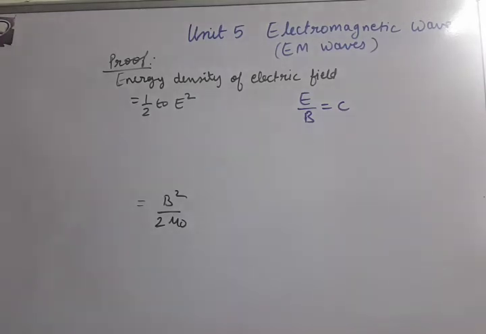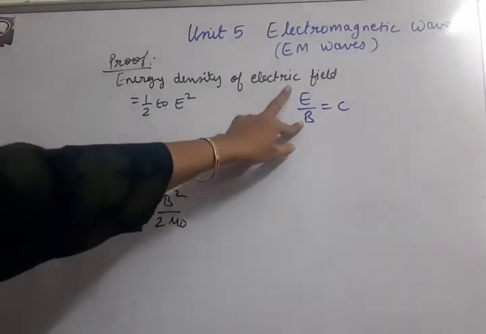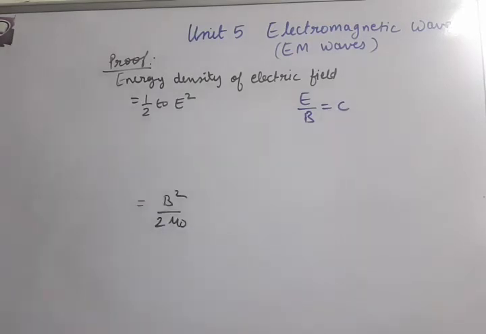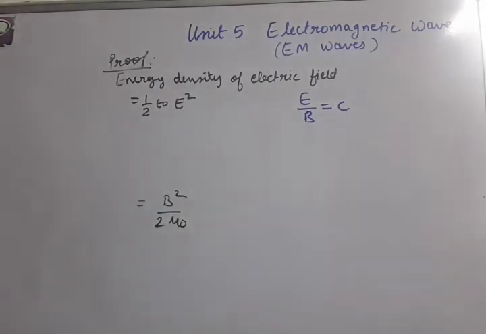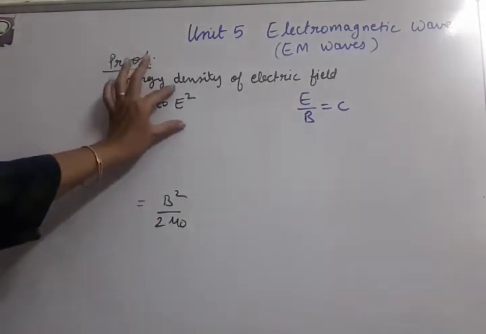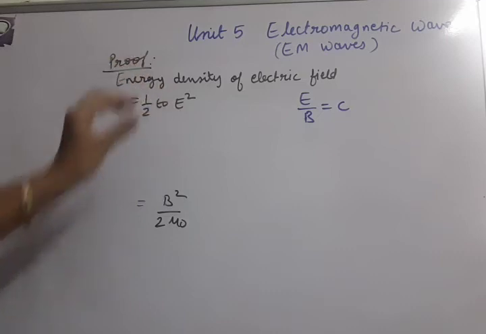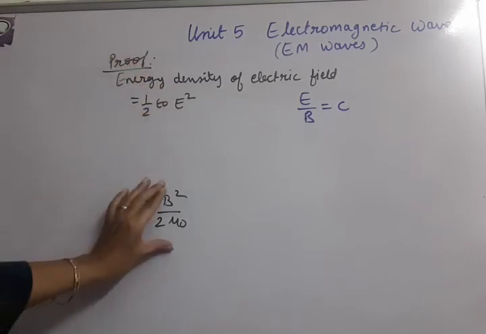Electric and magnetic field magnitude ratio, it is equal to C. Okay, this we are going to list down as a next property. So just now let us use this formula, E upon B equal to C. Suppose from electric field we have started, we have to move to finally bring it in form of magnetic field.